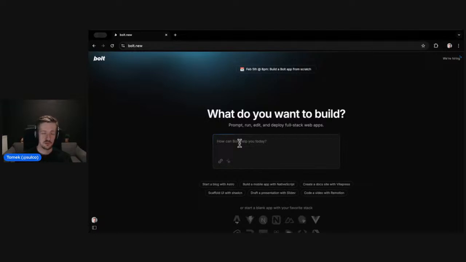And I want to use this as an opportunity to show you different parts of the Bolt interface, of the Bolt UI. So this is very much, okay, if you haven't used Bolt before, or maybe you have, but you're not sure if you're using Bolt to its fullest potential,